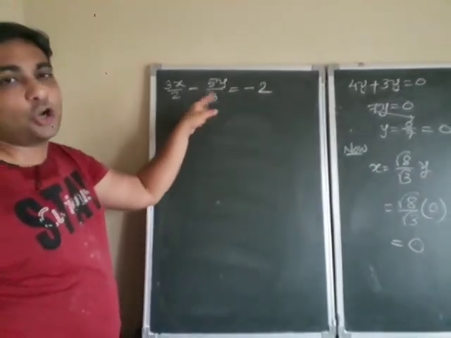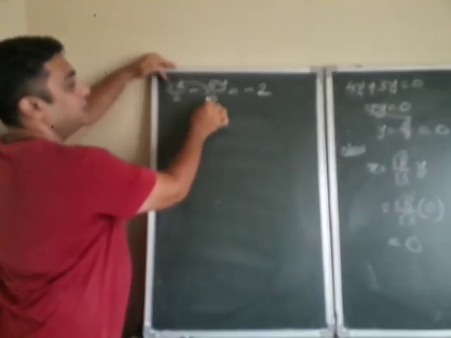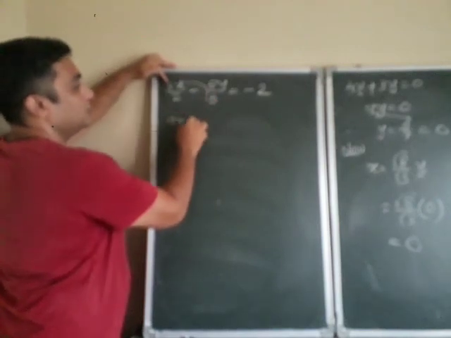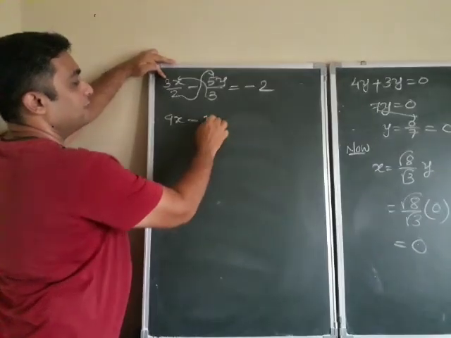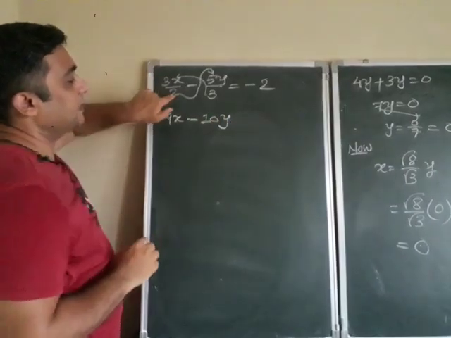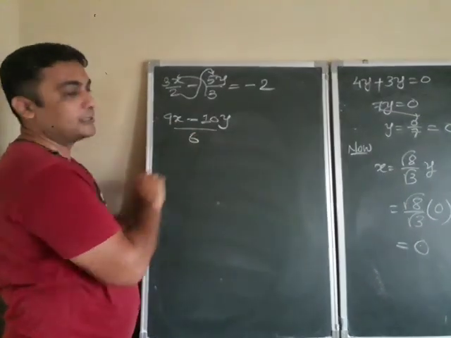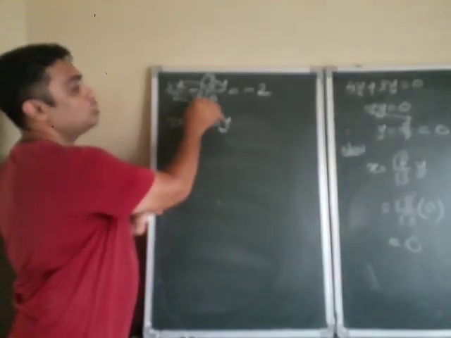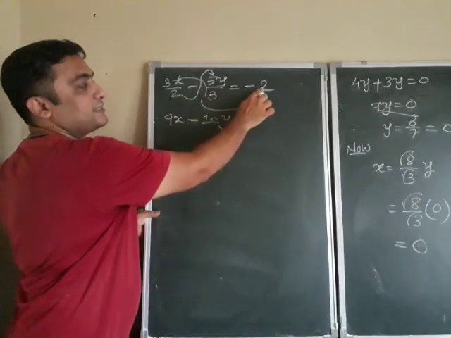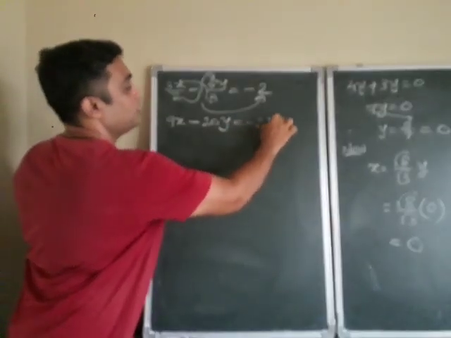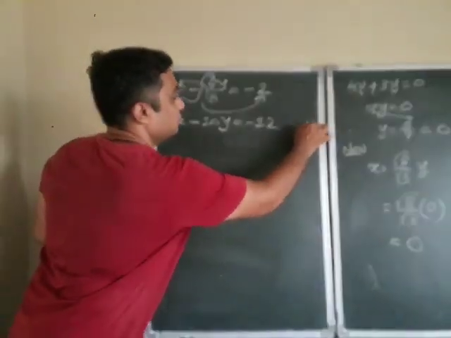See, this equation is not in simplest form. So first take the LCM. This 3 is multiplied here, so 3 into 3, 9x, minus, this 2 is multiplied here, so 5 into 2, 10y, and total LCM, 3 2s are 6. If you want to increase one step, you can write upon 6, and if you want to decrease one step, this total LCM you multiply here. So total LCM is 3 2s are 6, and 6 into 2 is 12. So this should be minus 12. Clear? So first equation is ready.